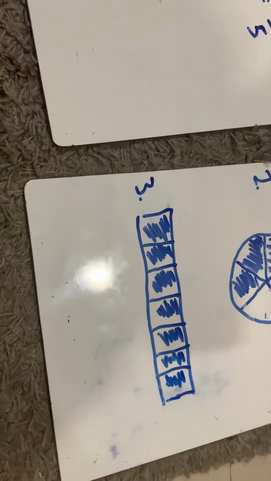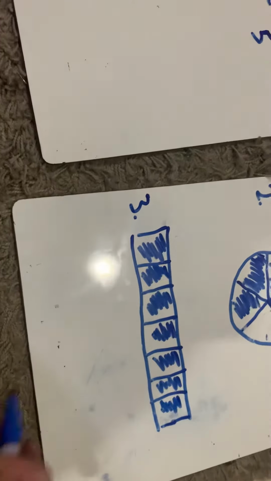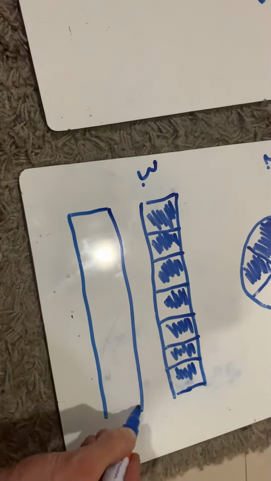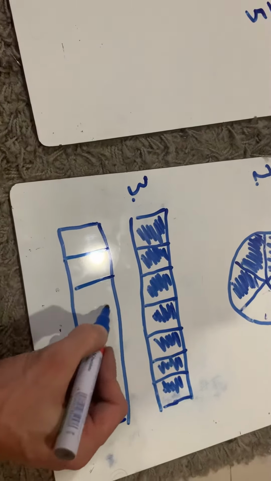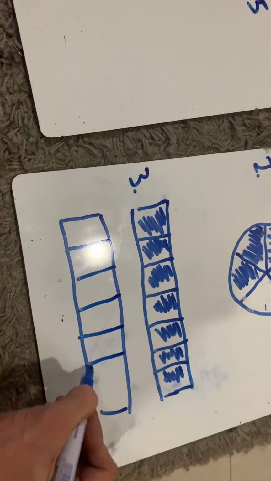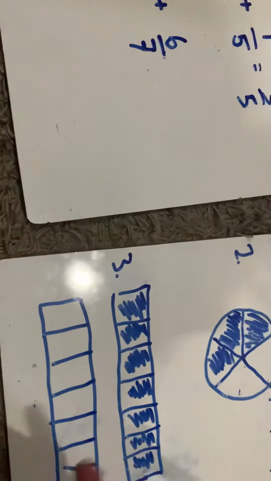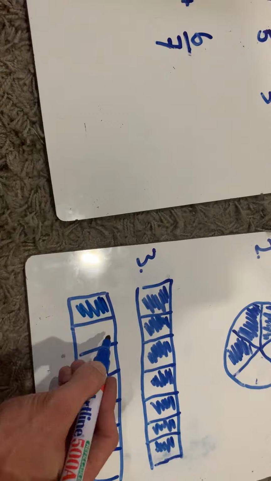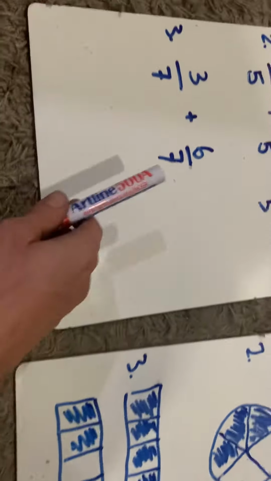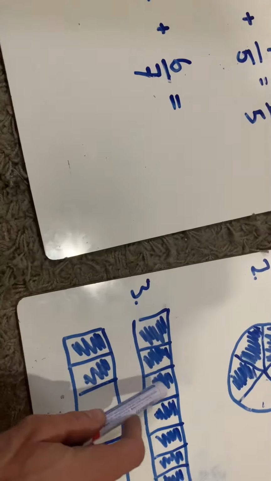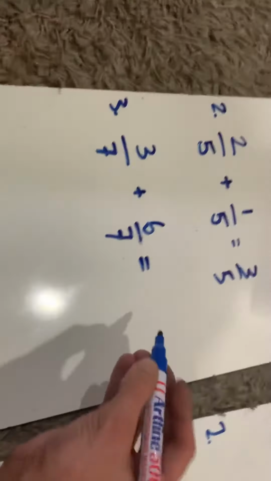Okay, I needed to add 6, but I couldn't. So what I need to do is introduce a new chocolate bar and cut that one into 7 slices. And then, let's see, 1, 2, 3, 4, 5, 6, 7. And then I'm going to add those last 2 bits on and see that when I add 3 sevens plus 6 sevens, it makes 1, 2, 3, 4, 5, 6, 7, 8, 9